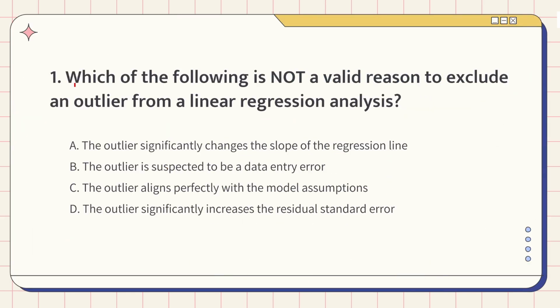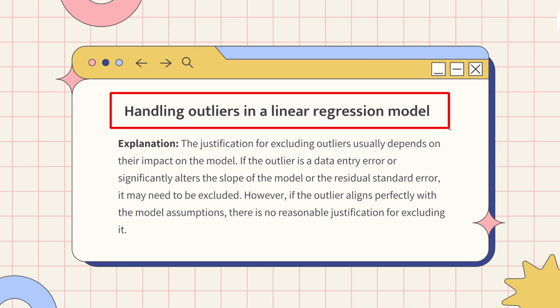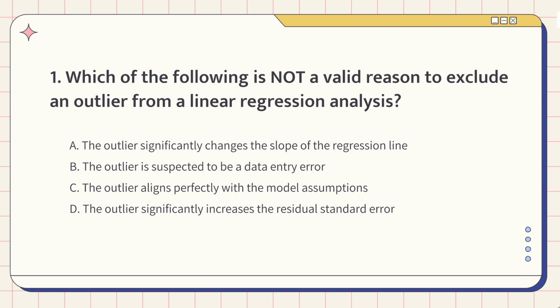Question 1. Which of the following is not a valid reason to exclude an outlier from a linear regression analysis? This question tests excluding outliers in linear regression. The knowledge points of this question are: handling outliers in a linear regression model. You usually exclude an outlier if it's a mistake or if it really messes up your model. But if the outlier fits well with what your model expects, there's no good reason to remove it. So the correct answer is